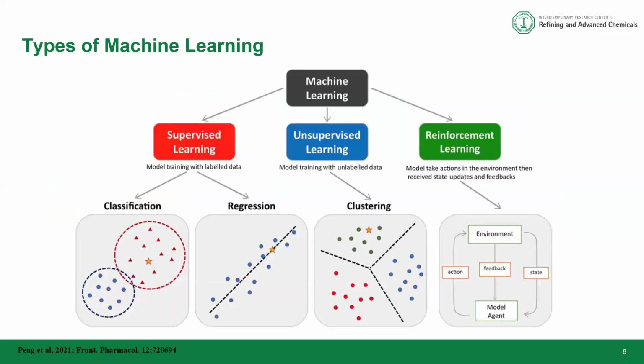Before we delve into our application, we'll just have a brief discussion about the types of machine learning. So we have the supervised, the unsupervised, and the reinforcement learning. The supervised learning is the one in which you use labeled data. That means there is a clear goal in mind, and it gets trained with known data. So it's best suited for prediction or classification of a data set. The unsupervised learning, on the other hand, you train the model with unlabeled data. So an example is clustering.